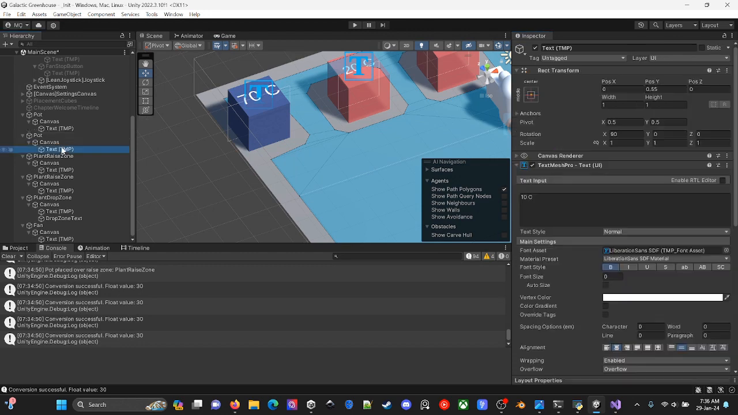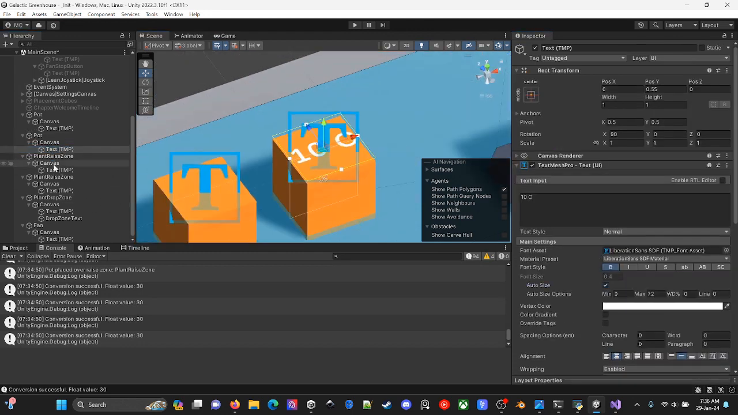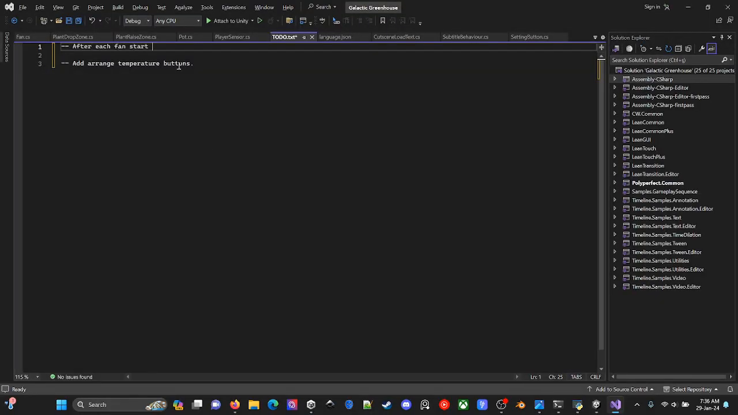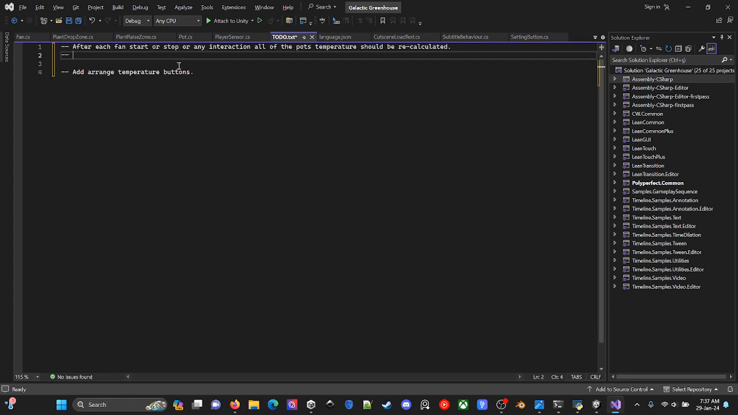Here are my pots. And let's see the temperature values of these pots again. With each start or stop or any interaction with a pot, all of the pots' interactions and all of the temperatures should be recalculated. And in addition to this, I want to start working on making some of the placeholders